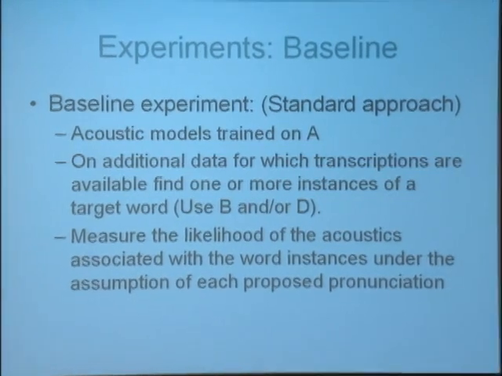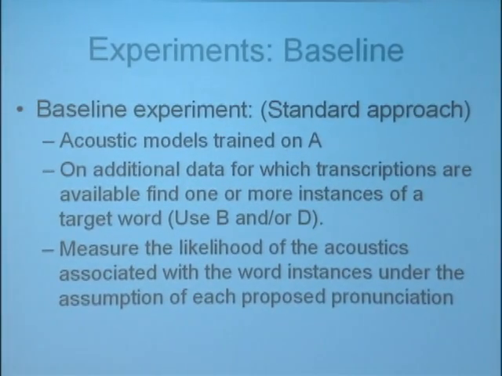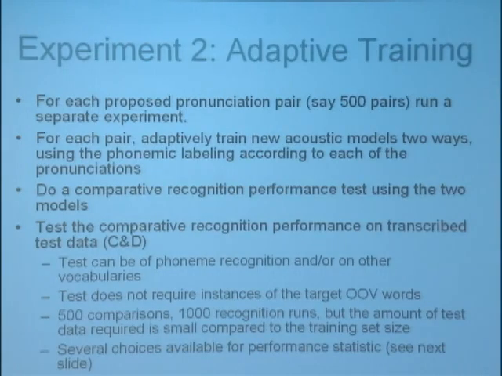One of them is a baseline experiment, which is simply to train some set of acoustic models and find a target word, an OOV word, in some held out data, and to measure the likelihood of the acoustics given the pronunciation. So that's a direct test of whether that pronunciation is reasonable for that word. As I said, the more interesting or more novel issue is to say, let's take a bunch of pronunciations that are proposed based on extracting this information from the web, from letter to sound rules, whatever, and